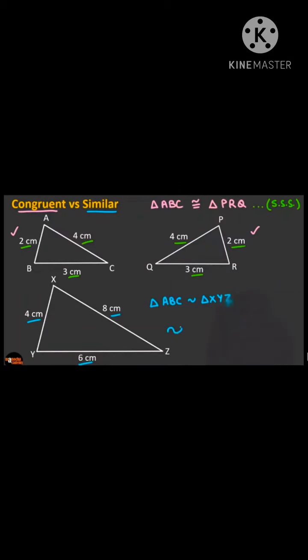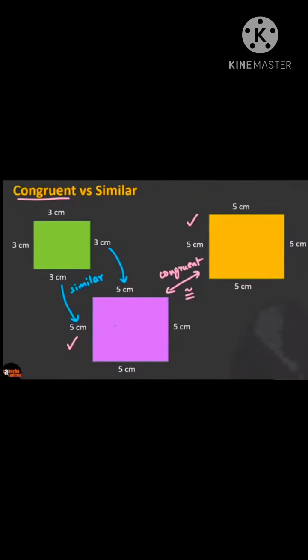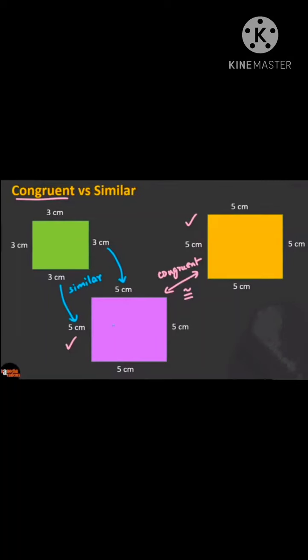And in these three diagrams, triangle ABC and triangle PQR are always congruent, and ABC and XYZ are similar. One is larger. See here in these diagrams, the pink and yellow squares are always congruent. Why? Both are the same size and same shape. And see the green square and the pink square, both are